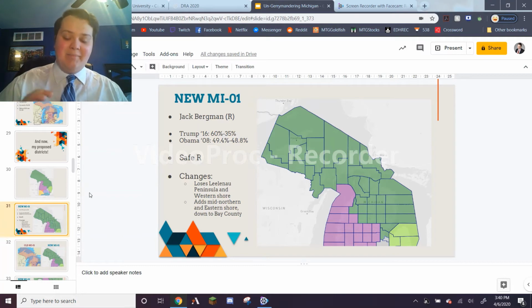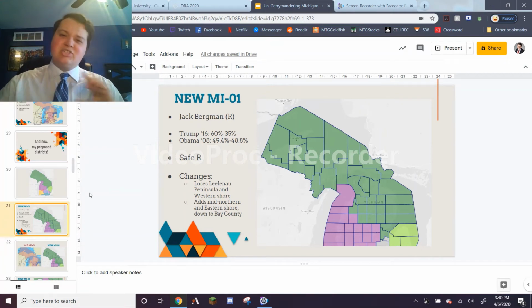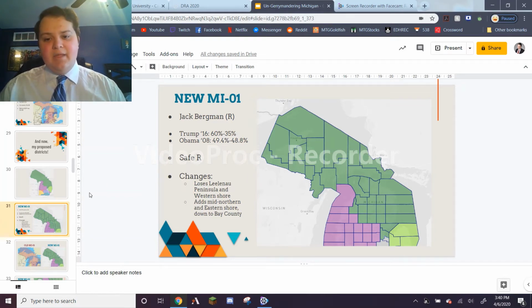Actually, President Obama, I believe, won 11 of these 13 districts, but that was because he had such a broad coalition across the state that has changed so much demographically since then. But it's just interesting to look back, so I'll have those numbers as well. This is a safely Republican district. Back as recently as 2010, this area was represented by a Democrat in the UP. His name was Bart Stupak. He was known for being one of the most prominent pro-life Democrats in the House, but he chose to retire in 2010 before the Republican wave, I believe. So it's not an area that's very friendly to Democrats. A long time ago it could be, and maybe in the future, but for now, we're pretty fair to say that this is a safe Republican district.